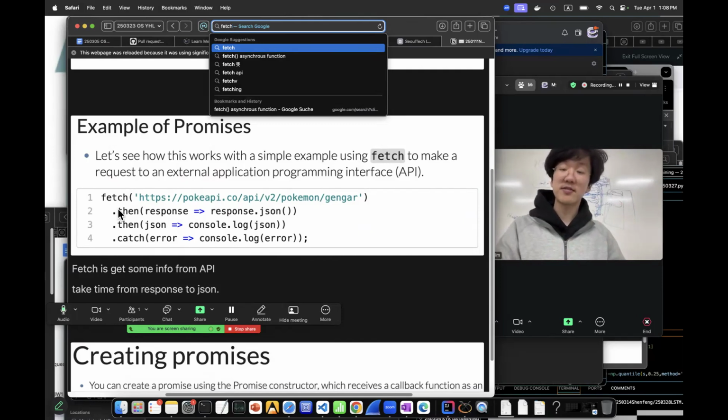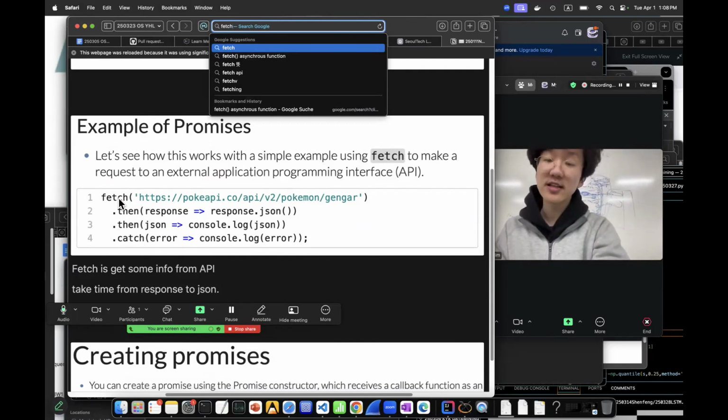Then this .then works the same as await, so it is waiting before fetching it. After fetching, it will do this, and after that it will do this. If it is not successful, it will not do this. Instead, there is the catch, so it goes to here and catches the error.